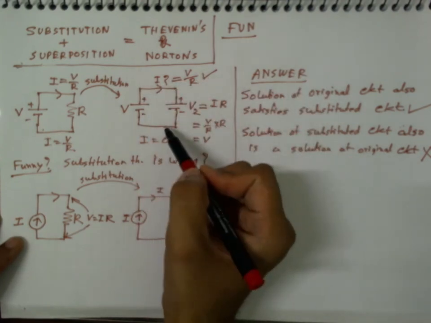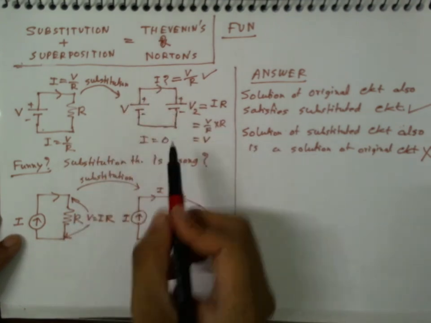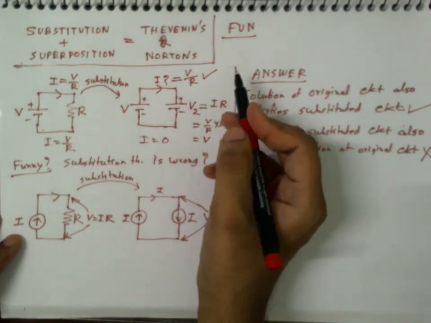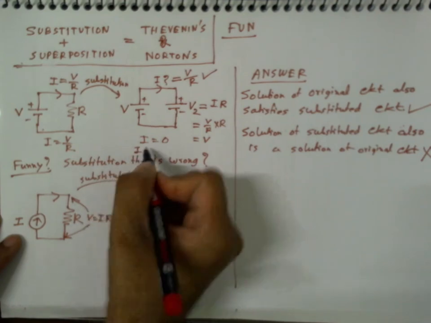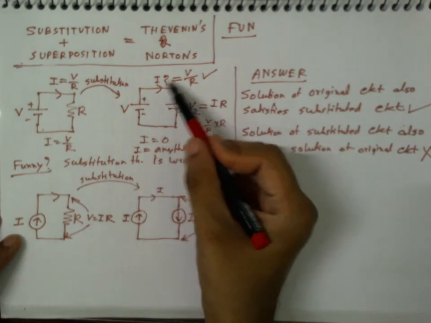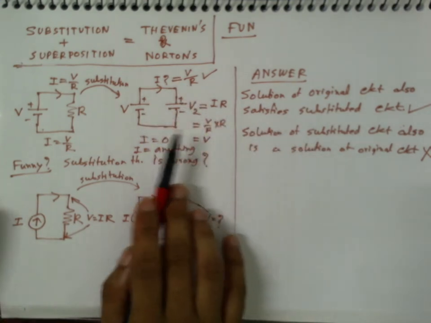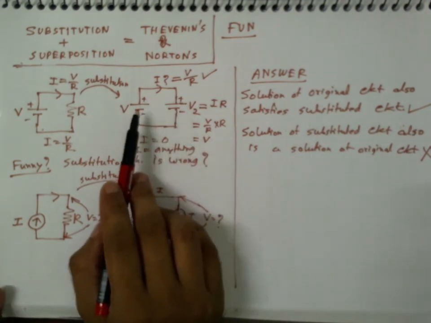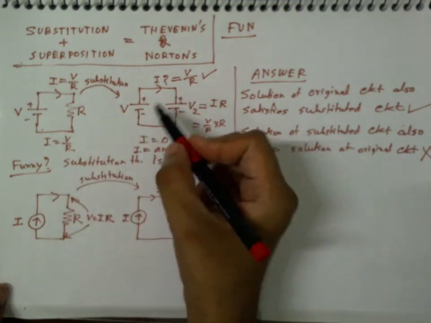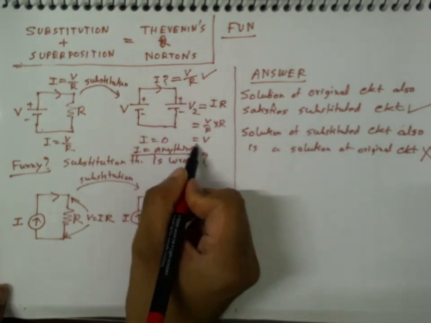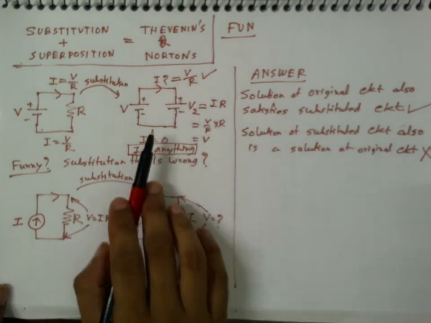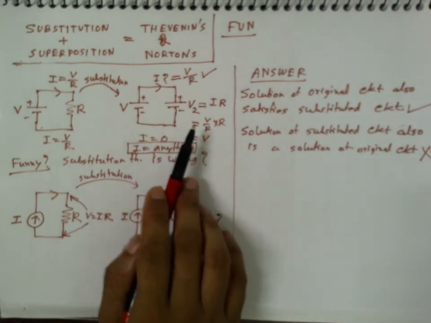There is no internal impedance. This is an ideal voltage source. So actually in this circuit, any amount of current can flow. In this circuit, I is anything. It can be 0 according to mathematics. According to pure mathematics, ideally if all the internal impedances are exactly 0, then I can be anything. It can be 0, it can be V by R, it can be 5, 10,000, minus 100, any number